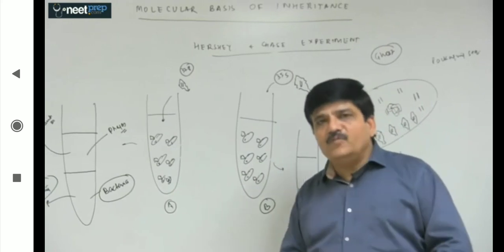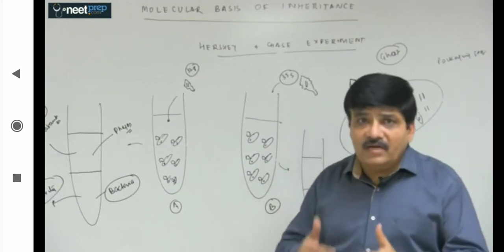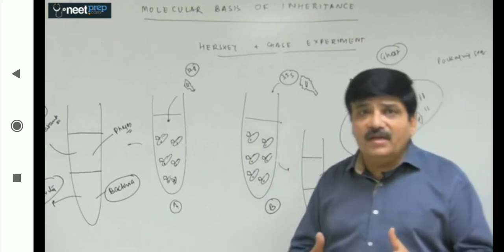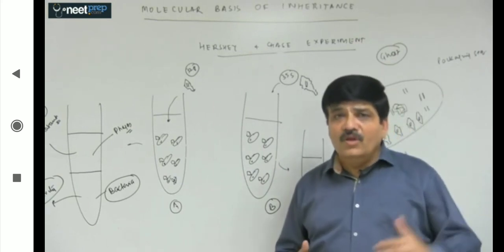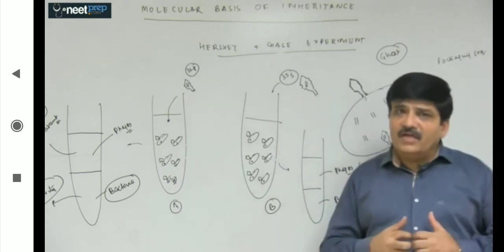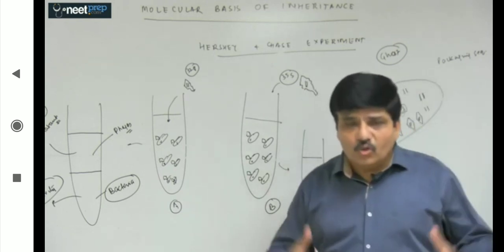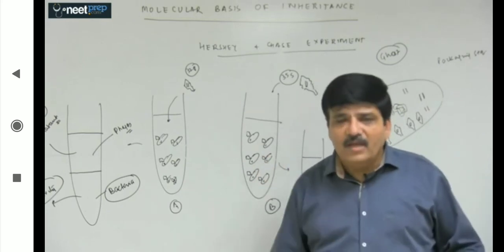Now how to explain the diversity with the model of the DNA, and therefore people started working on the structure of the DNA, and this led to the development of the double helix model. And now we know that DNA can be very diverse. It can actually explain the diversity in the living world as well. So this question is now finally settled, whether it is DNA or protein, and we say that